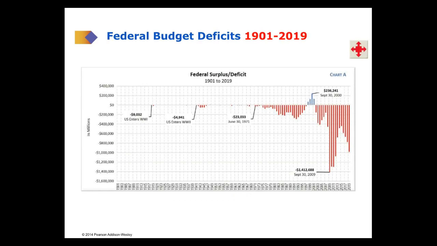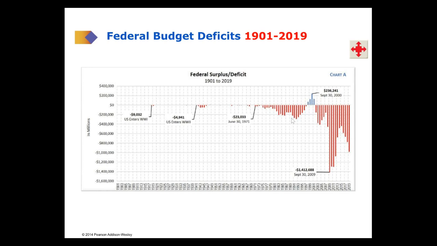So we can see on another chart here an idea of what these deficits look like. This goes back to 1900, and again, there really weren't deficits up until the 1970s. There was a small deficit here for World War One, World War II. There were some deficits, but these were based on the wars, and they were temporary. And then we kind of got back into balance. It's only when you get into the 1970s when the deficits start to become